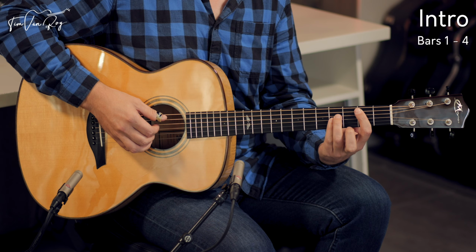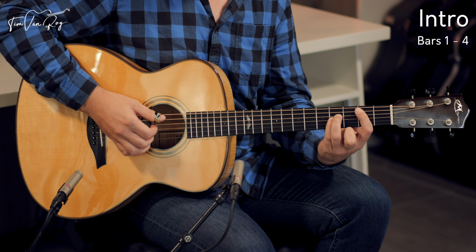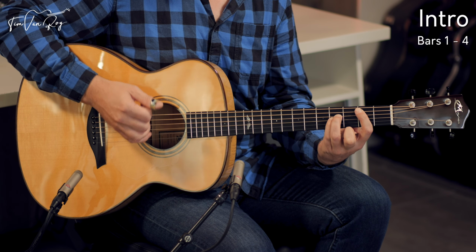That picking technique with the fingers going up above the strings and then clicking down on the strings, that is something that you are going to have to use a lot throughout this entire song. So one more time, that first bar. 1, 2, 3, 4,